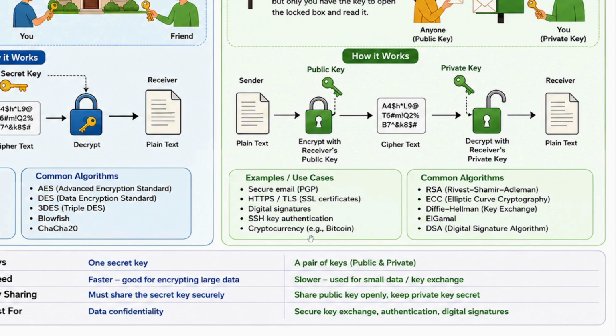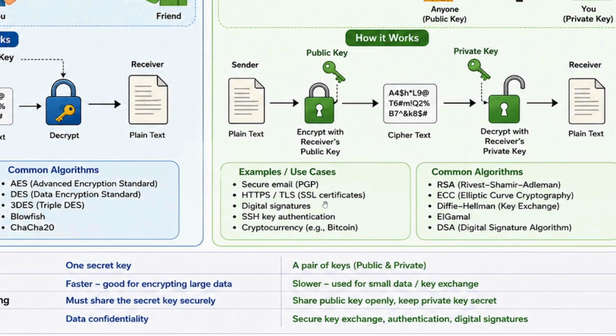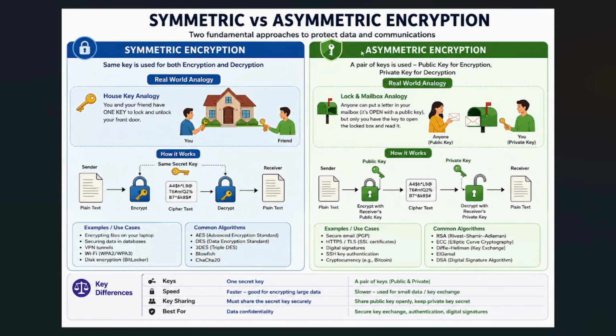There are two keys here. And in your HTTPS and TLS/SSL certificates also, when you use the HTTPS connection and get that certificate, in those certificates there is a public key, and using that public key only you are able to encrypt the data and send it to the server. So that's how symmetric and asymmetric encryption works.